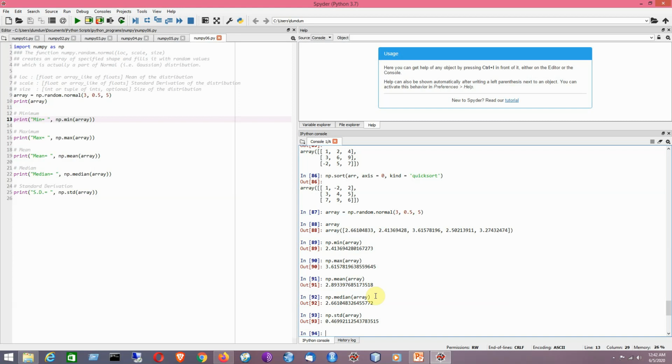Different kinds of operations you can perform by using this particular module. I hope that you have understood the idea of using the NumPy module in Python. It is a powerful module. By using it, you can perform different kinds of statistical or scientific operations that could become useful for you in the future.